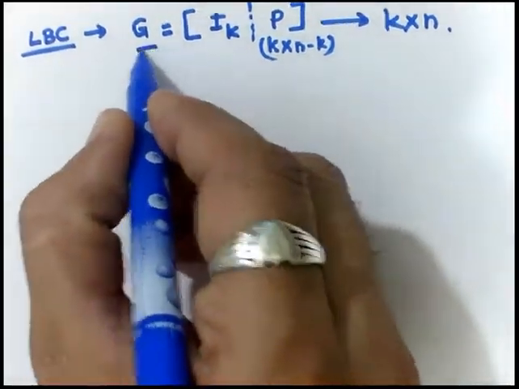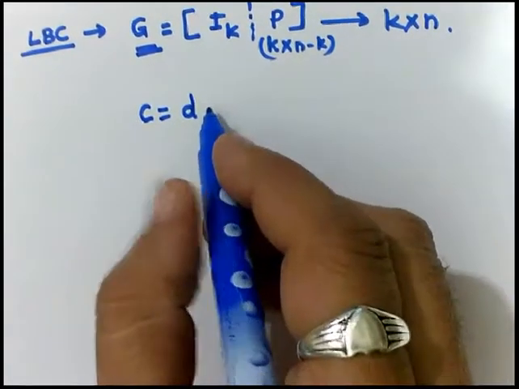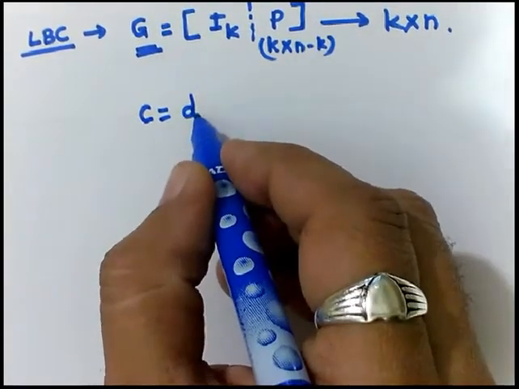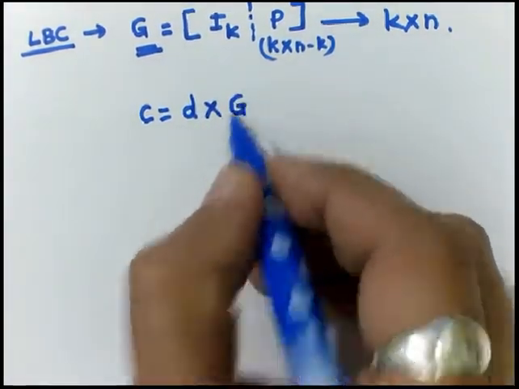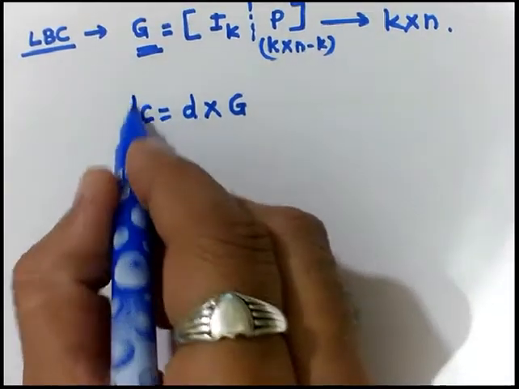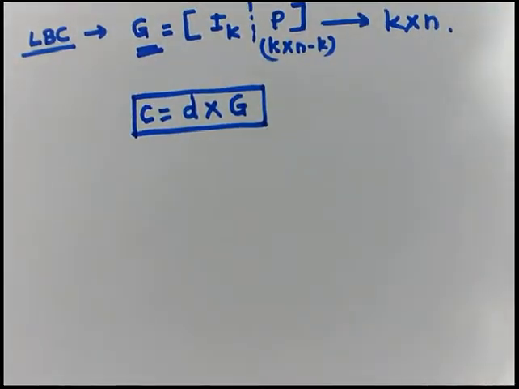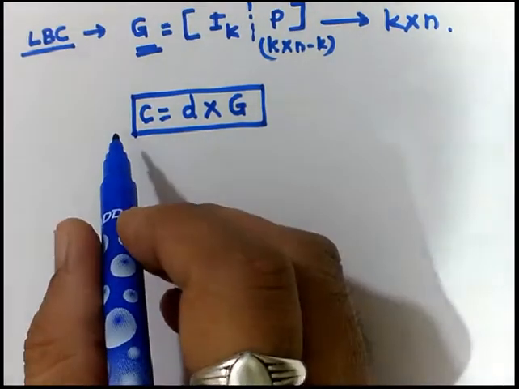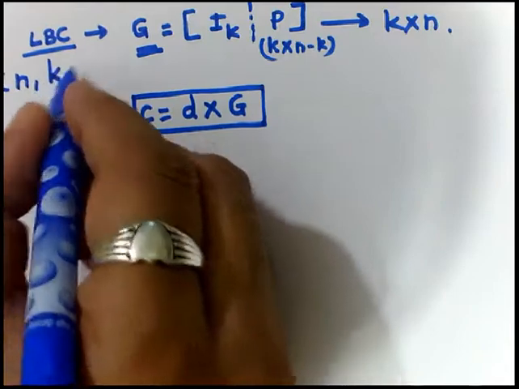Now, based on this simple concept, if someone wants to analyze the formulation of the code word, then with the help of the generator matrix, we can generate the code word, which will be with the expression, let's say C is equal to message word. I will assume that the message word is D, into the generator matrix, that is G. So with the help of this particular expression, let's say we want to formulate the code words for the given generator matrix, and for the specified LBC,